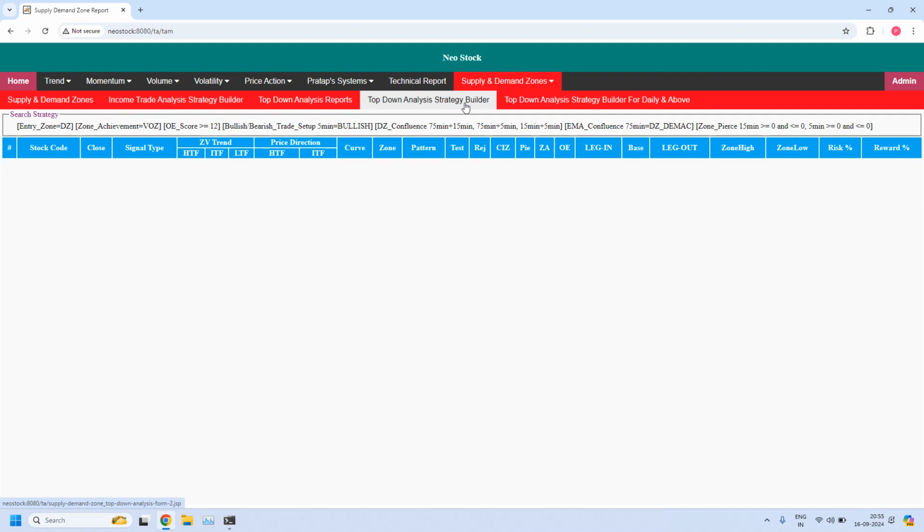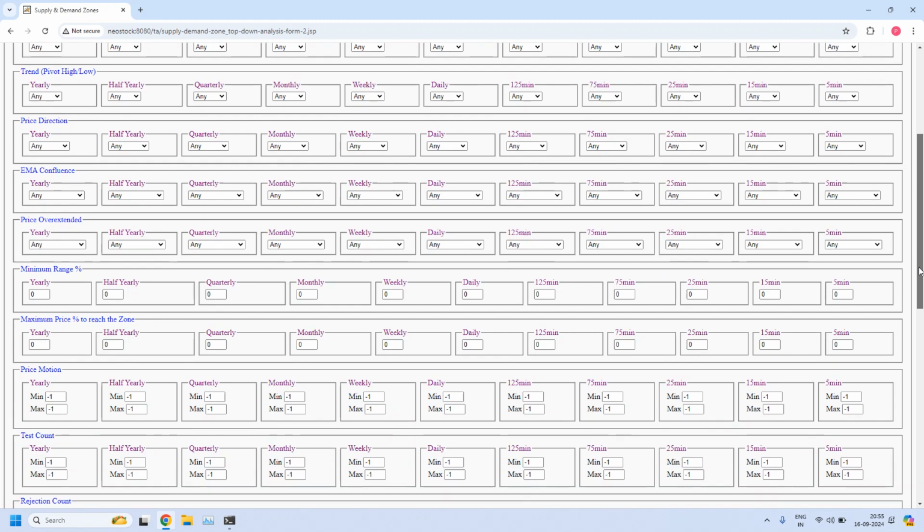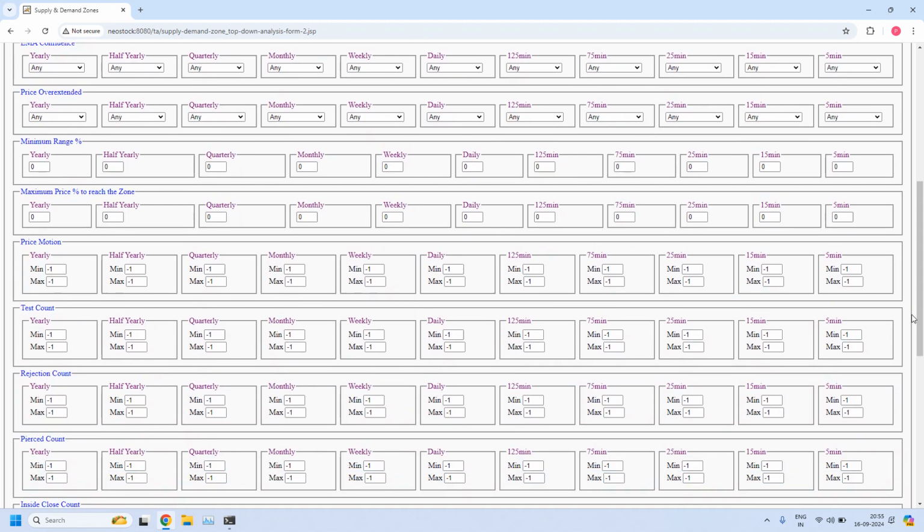Next, let us look for bearish trade setup for hourly income trade. Entry time frame is 5 minutes. Entry zone is supply zone. In bullish or bearish trade setup at 5 minutes, I am selecting the bearish, and the 5-minute supply zone should not be pierced. So in the pierced count, 5 minutes time frame, minimum value I am setting 0, maximum value 0,